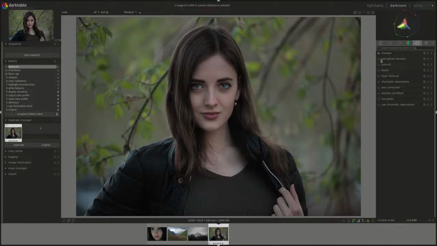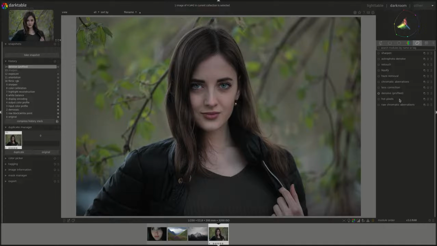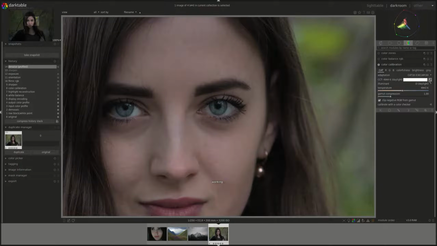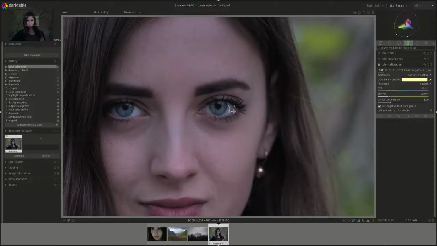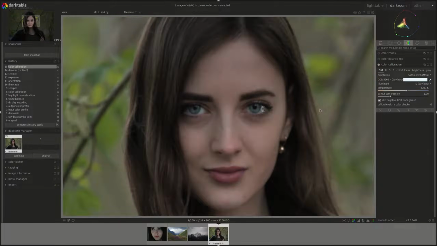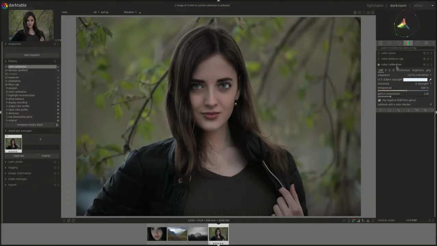Let's see. First, disable the sharpen like we did. I'm going to enable the denoise. I'm not going to touch it, just enable it, and make sure that the white balance is acceptable. I'll maybe get it from her eyes. This is just quick and dirty, but just to get to the meat of the diffuse and sharpen